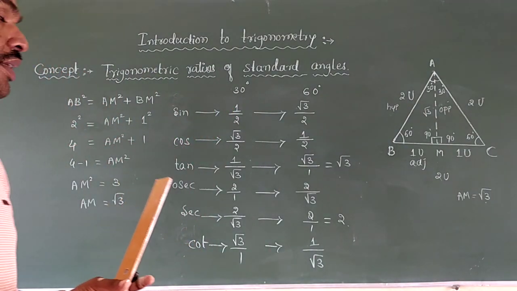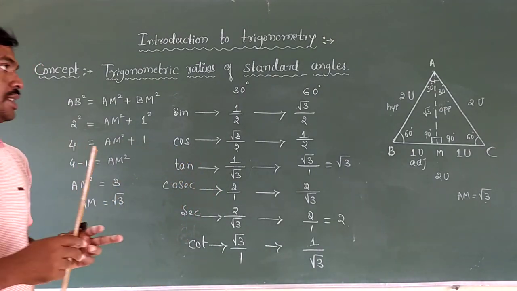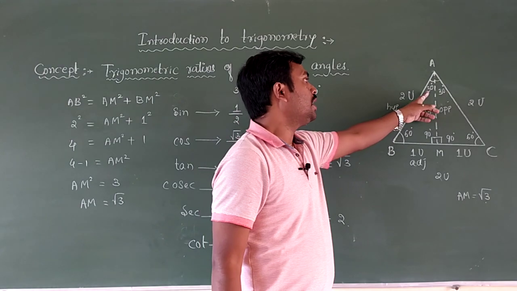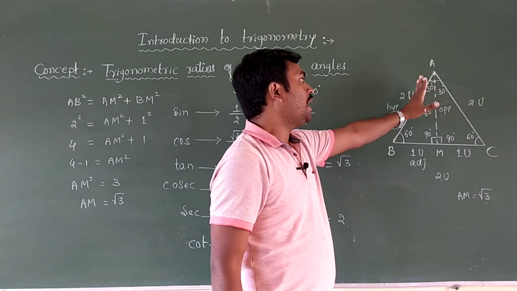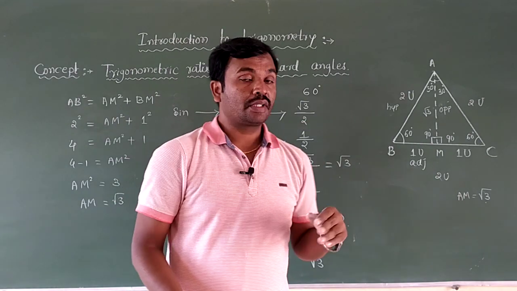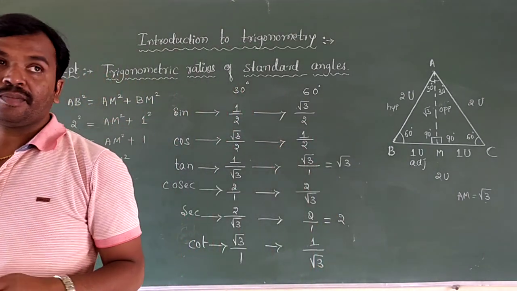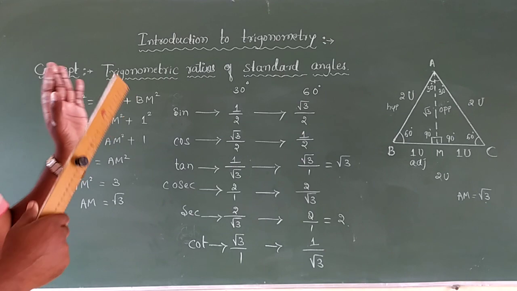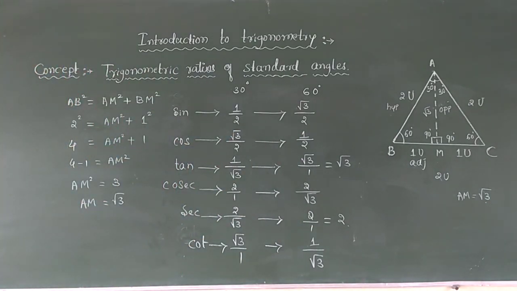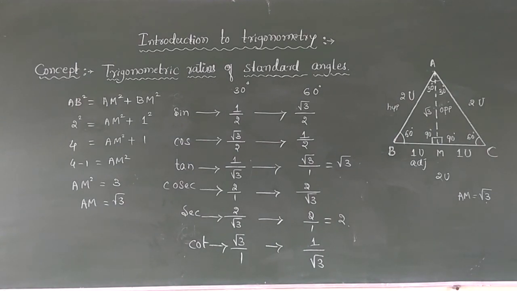So which angles are left here? We have only two angles left. One is 0 degree and another one is 90 degree. If we take the reference angle as A, I have to make that equal to 0 and find the values for 0 degree, and then make angle A 90 degree and find those. Let us find that also, children, by drawing the diagram, then you will understand it.